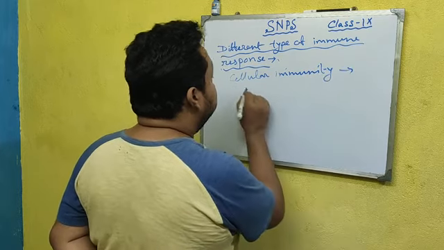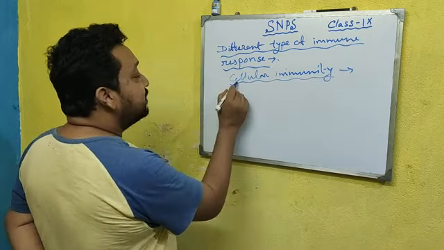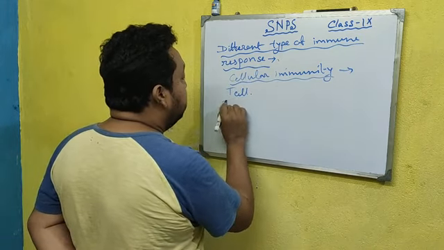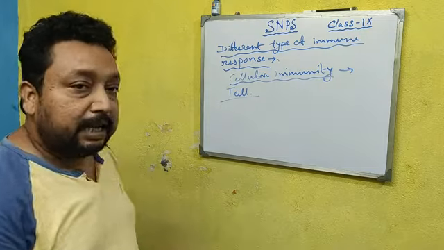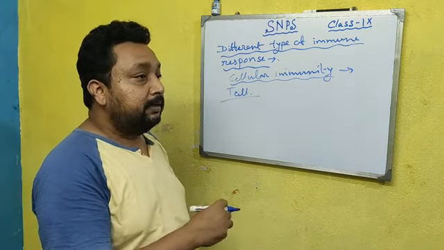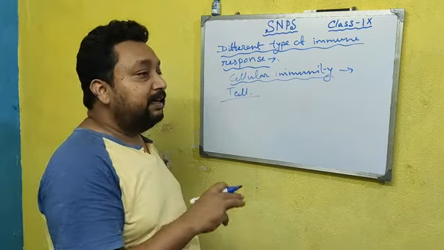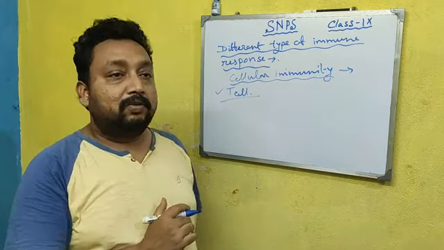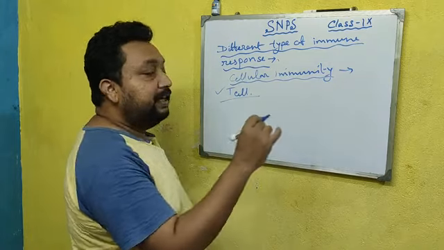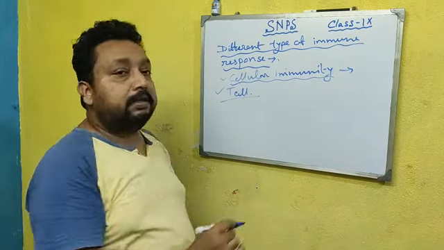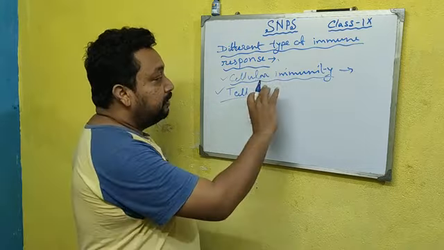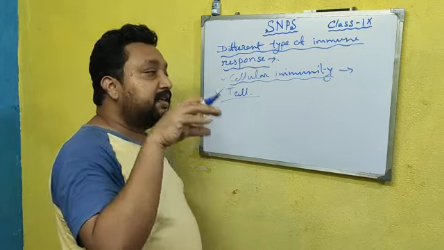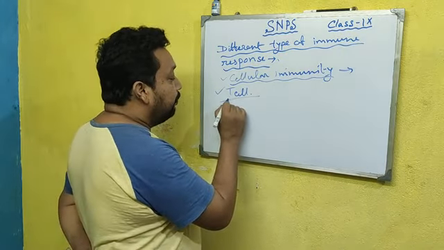Cellular immunity means cell mediated. Which cell? T cell mediated. T lymphocyte cell mediated immunity means the immunity in which the antigens are killed by the activity of T cells. That is known as T cell mediated immunity or cellular immunity. I repeat the definition. Cellular immunity is a type of immunity where the antigen is killed with the help of T